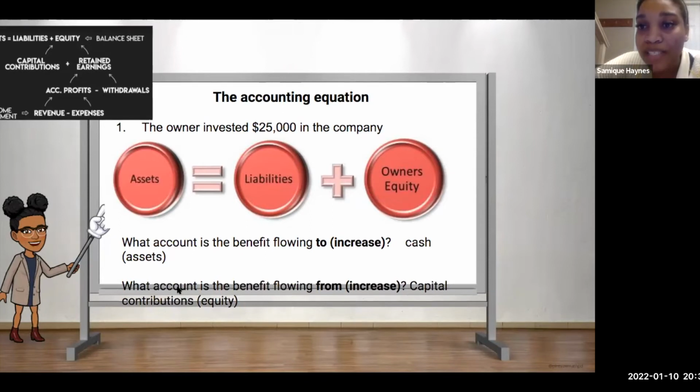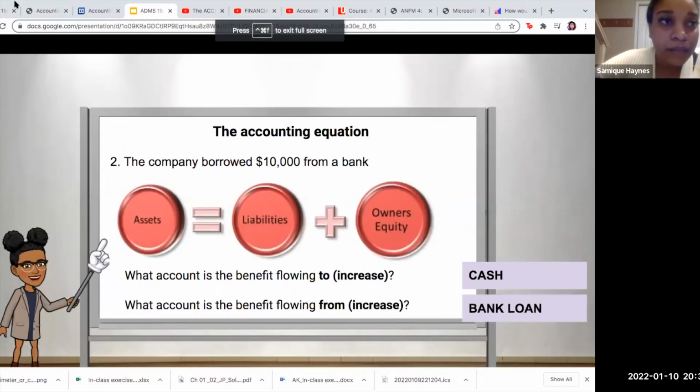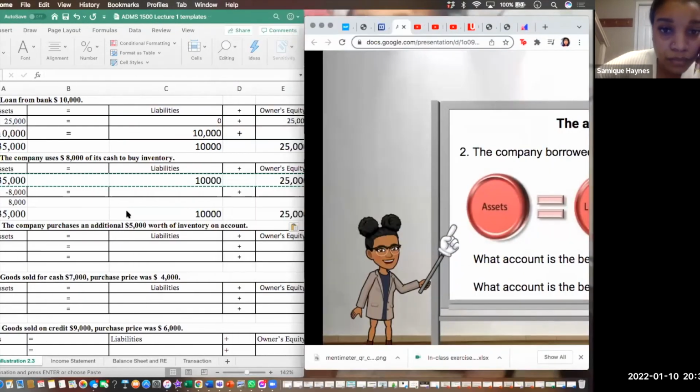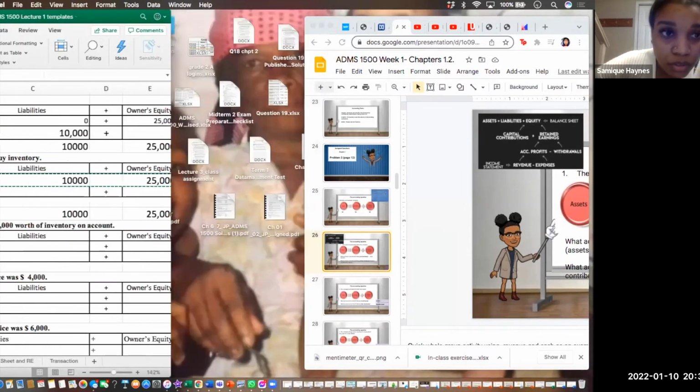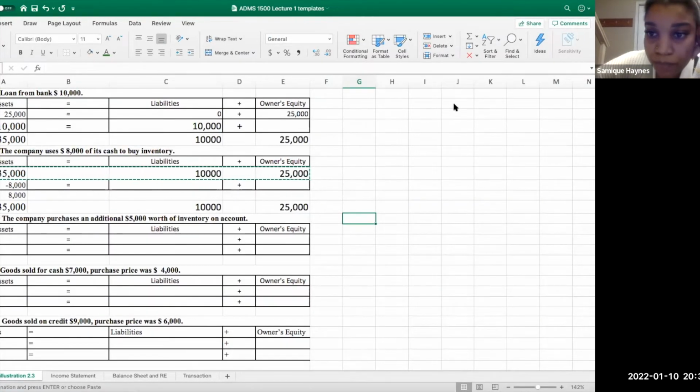So inventory is an asset account. Inventory is always going to affect the asset side of the equation because inventory is an asset, okay? But if it's any of these revenues, expenses, withdrawals, accumulated profits, retained earnings, capital contributions, these are the things that are going to affect your equity, okay? So if you want to figure out whether it affects equity, refer to this diagram right here and it will let you know. So let's go back here now. Are we good with this one? We're good with that one.